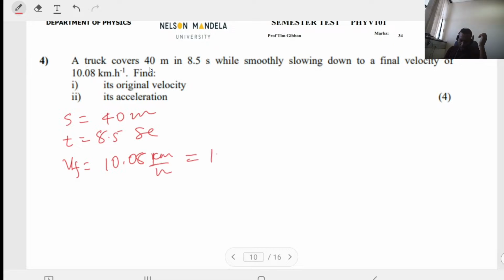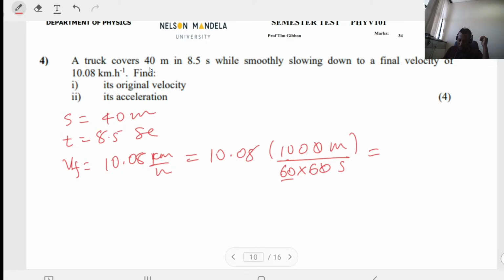What do I do? 10.08 kilometers is 1000 meters, divided by, instead of hour, 60 times 60 seconds. You know 1 hour is 60 minutes, 1 minute is 60 seconds. You could see where this comes in. You happy? Then if I put it together, I have